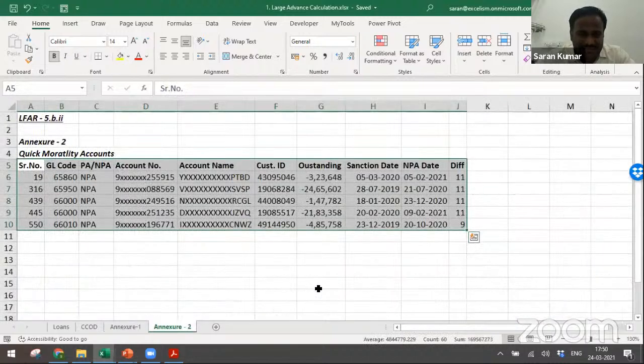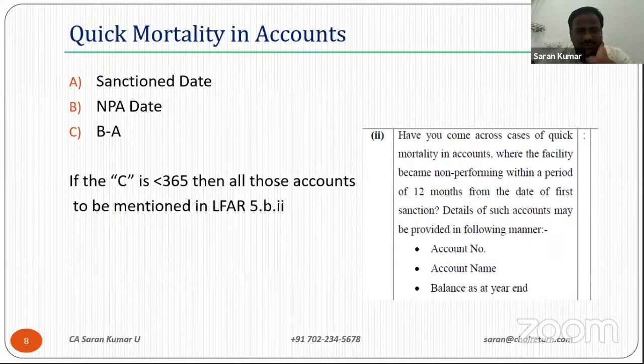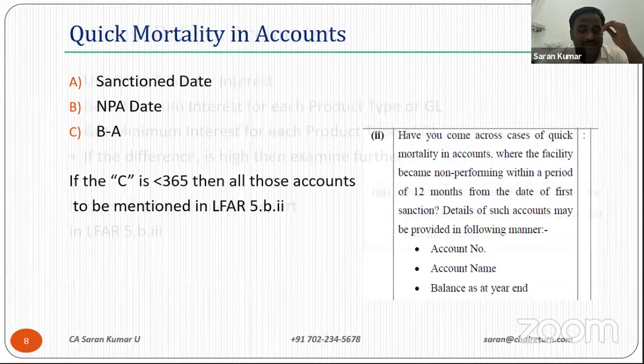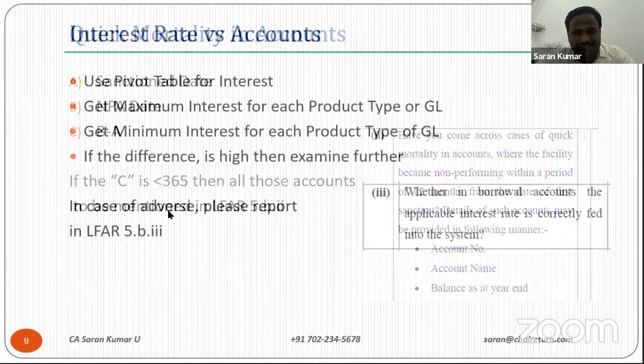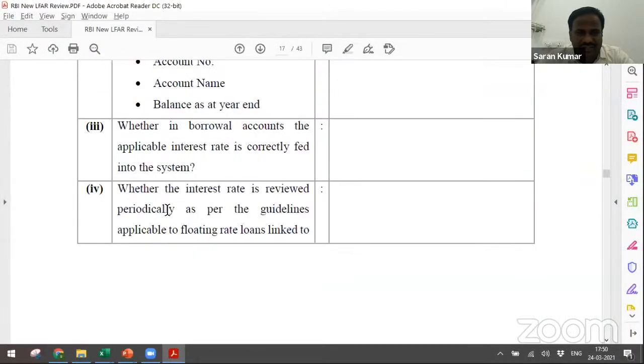Friends, this time the LFAR, if you ask me, working papers are part of that. So you need to provide them in the same way. Now, let us look into the other related stratification that you can do. Now, when it comes to the interest rate versus the account, why did I keep this point here? Because let us start reading below, one after the other.